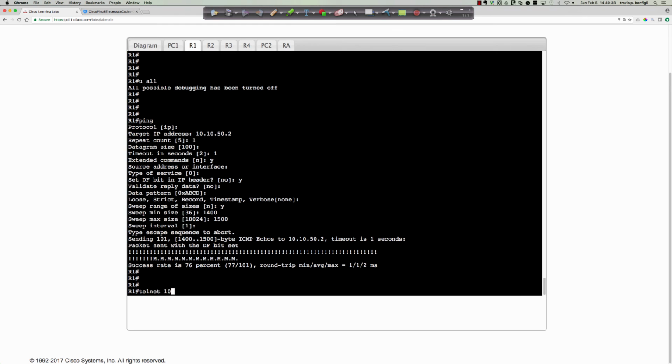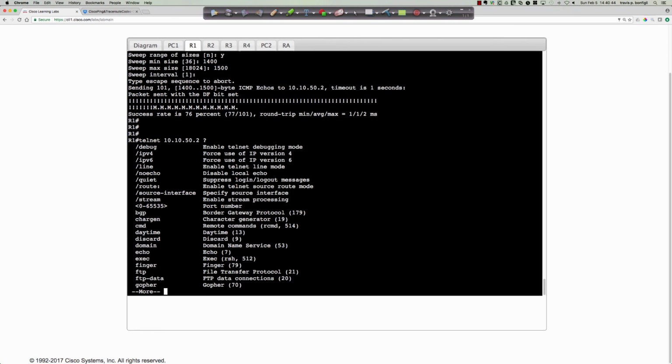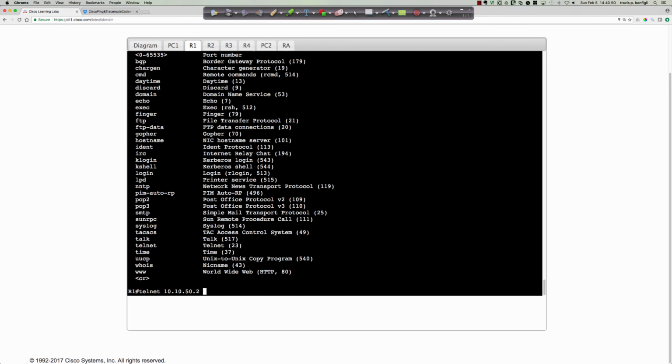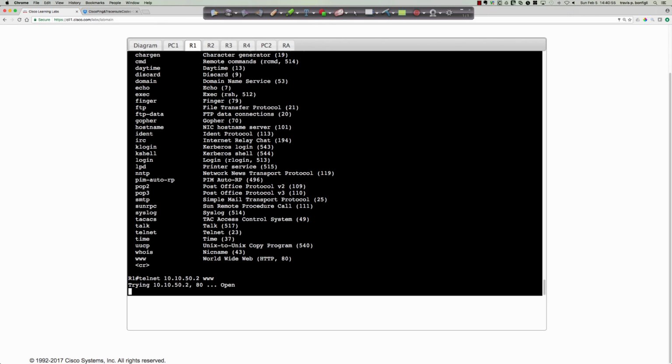So I can simply say telnet 10.10.50.2, and then I can put in a question mark here, you can see we can put in a port number, right? Or, as you can see here, I could type in www. So I could say www to see if we can connect, and in fact, we can, right? So we're able to create a socket between router 1 and the PC2 HTTP server, because again, it is servicing